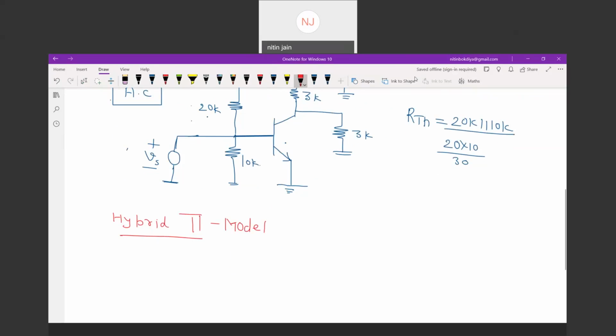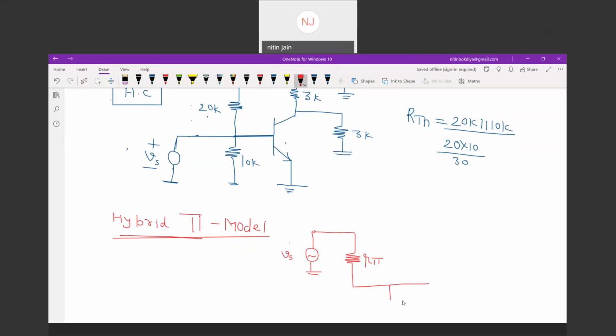We will go for the hybrid pi model. Okay, so how will we go for the hybrid pi model? I can say for the hybrid pi model, this is my base terminal, this resistance is R pi, and this is Vs,